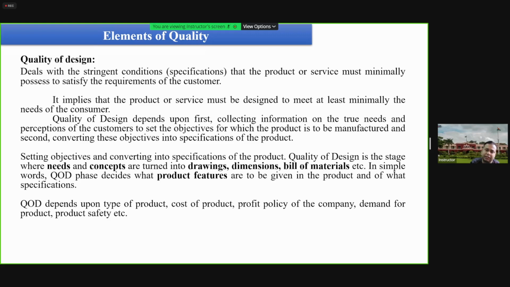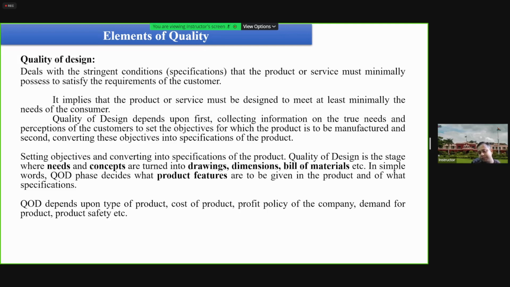Let's say our customer is a person or an organization that requires very sophisticated products that are very close to the specification that they have